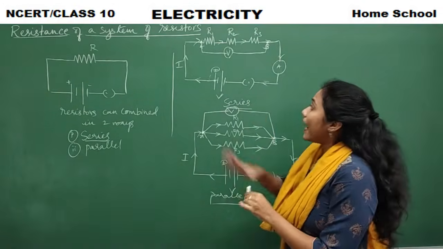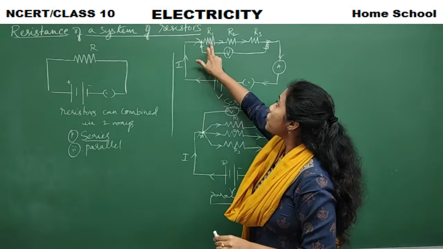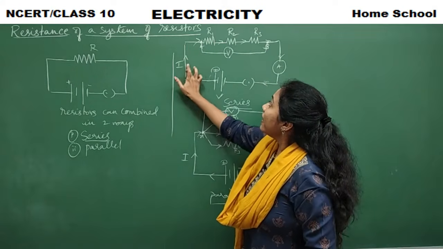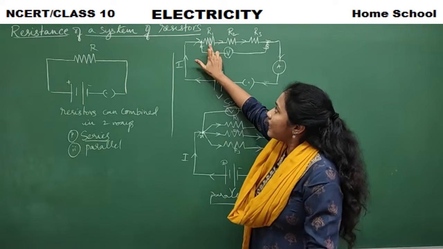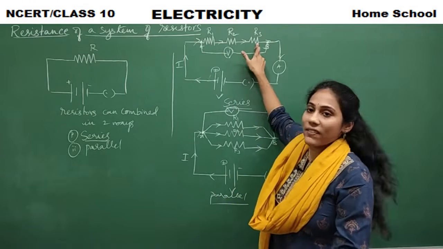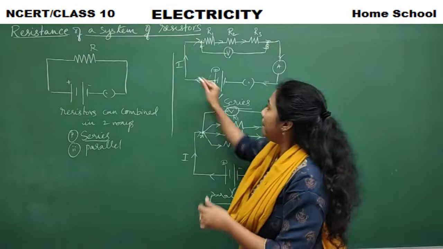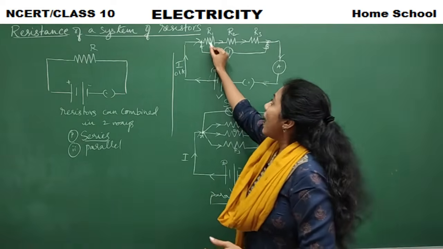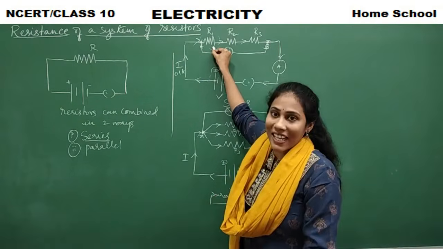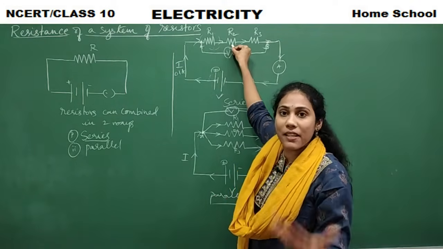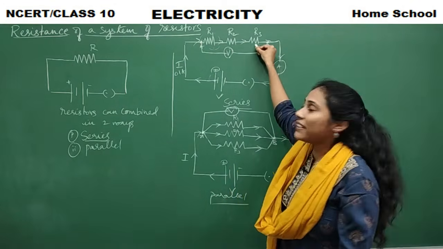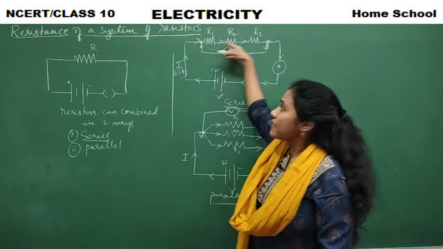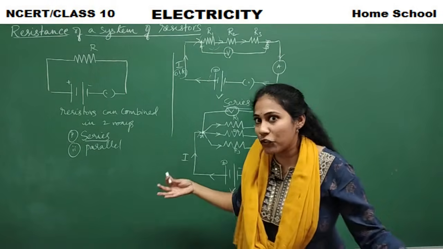See what happens to the current when it flows through these resistors. Will the current that is flowing here remain the same in the R1 resistor, R2 as well as R3? For example, say 0.1 amperes of current is flowing here. How much current do you observe in R1? How much in R2? How much in R3? Will it be the same as this value or something different? This is what we are going to discuss.